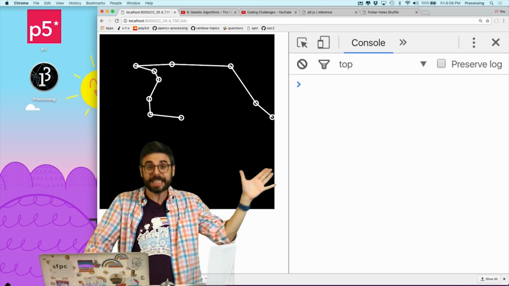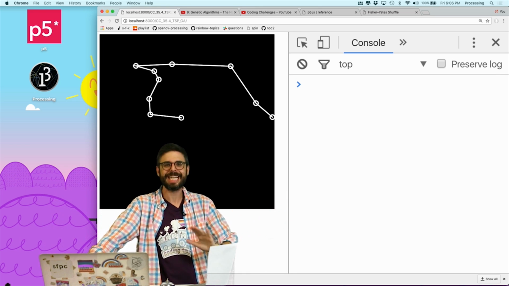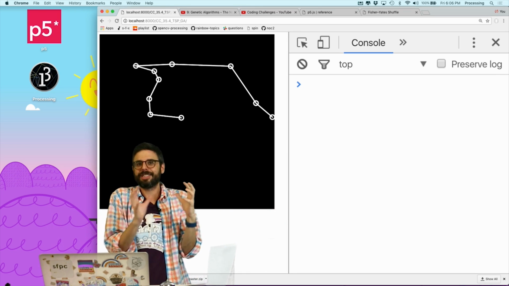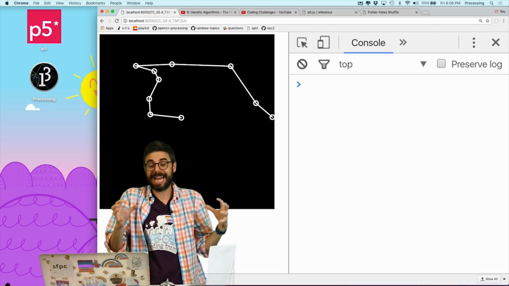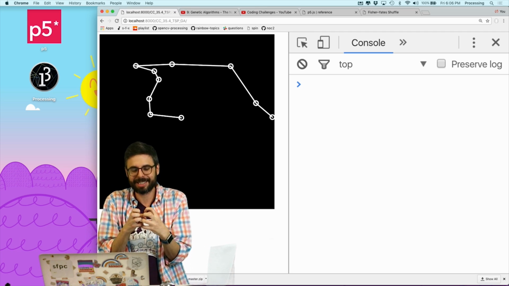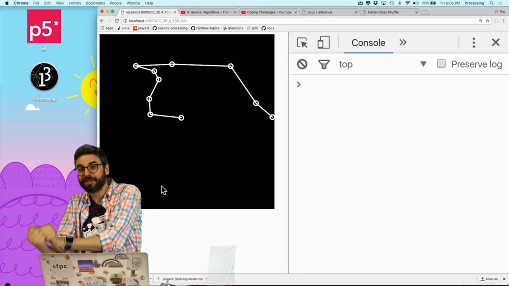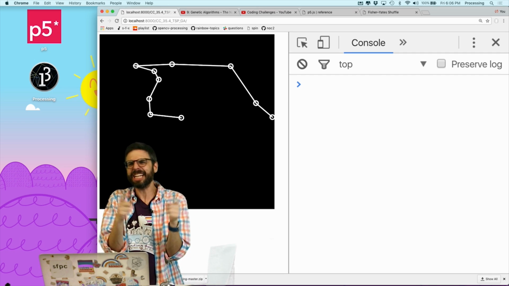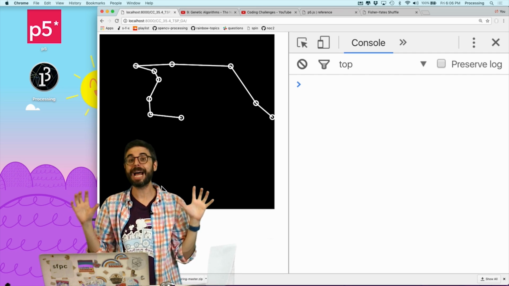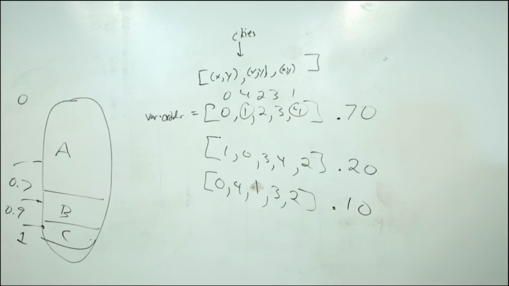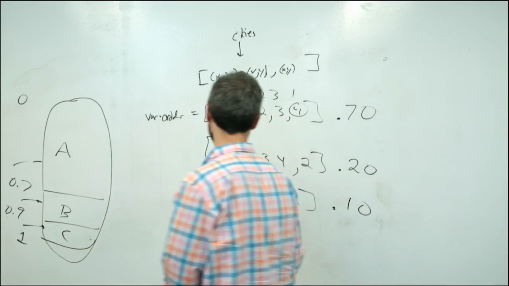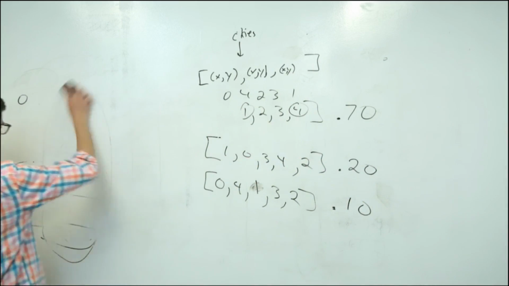So what I'm doing in the version that I made in the previous video is I'm just looking at the orders, the paths that had the shortest distance, and I'm cloning those for a new generation and then kind of shuffling some about randomly. But I am not actually applying crossover. So one thing I want to do in this video is apply crossover. So in other words,